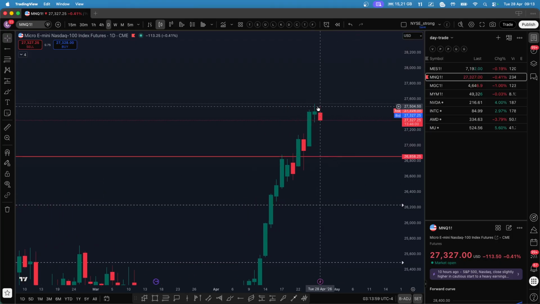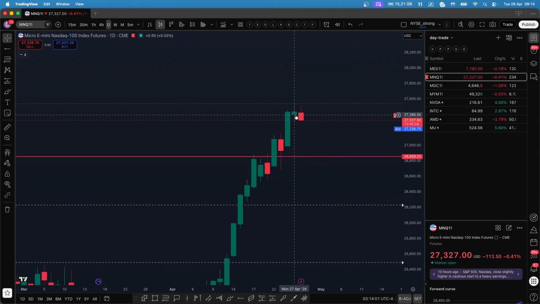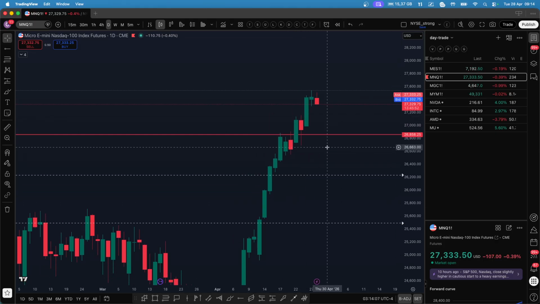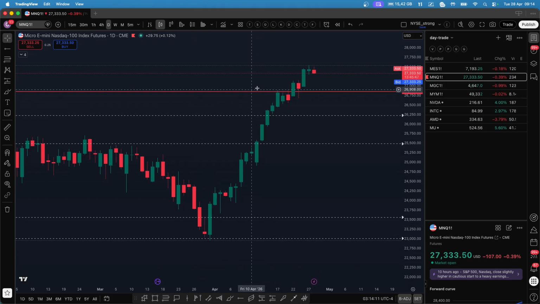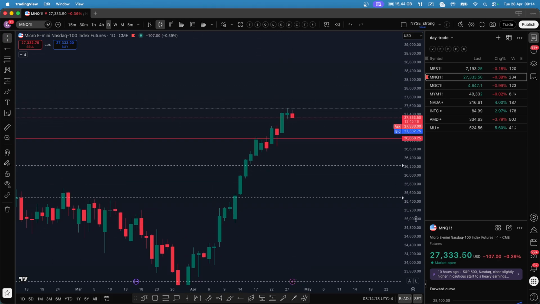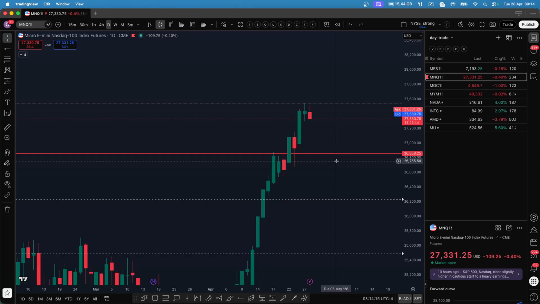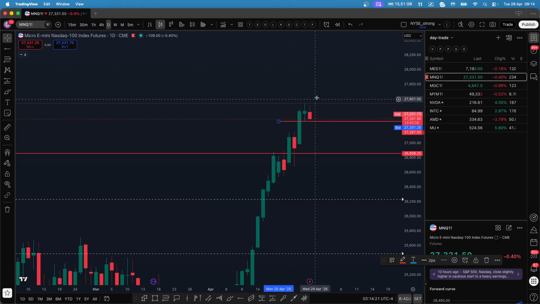If you see yesterday's candlestick, it was kind of a doji candlestick. So can we have finally the retracement which we have been waiting for since a long time? So these are all the green days. Can we have this push towards the downside? That is the question. But let's mark the previous day low and previous day high